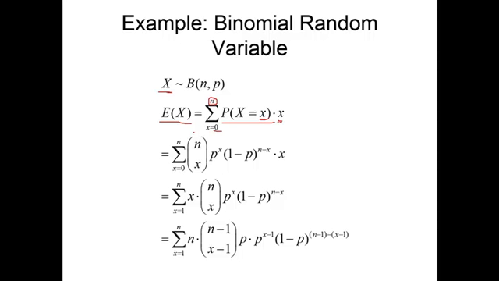But recall, we do have a formula for the probability of x equal little x for the binomial. It's this right here. And so we go through the algebra, and I'll just soft pedal it here. I'll take this x and move it up out front. Now, when I multiply x times n choose x, if you want to, you can get your hands dirty and work this out. It works out to be n times